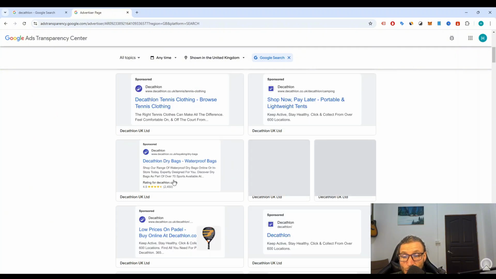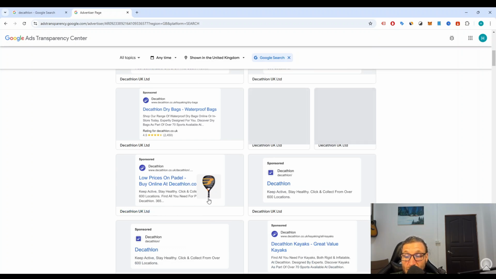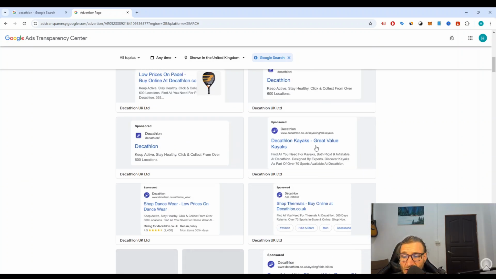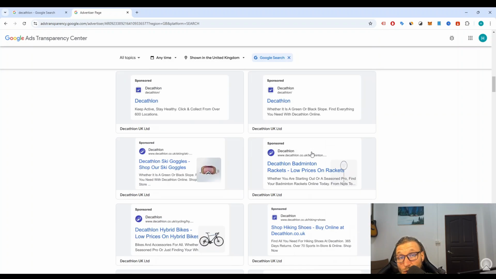This can help you decide on which inventory to run, which widgets to use. Features and benefits is always something that you want to focus on. You can give a guarantee like they do here with the 365 return guarantee. You can advertise that you have lots of different things to choose from with a wide selection of products. You can advertise with things like keep active, stay healthy. So what is it actually that you're getting when you go buy there? So you're going to be more healthy. So you can get a bunch of inspiration for what you might want to do with your ads.